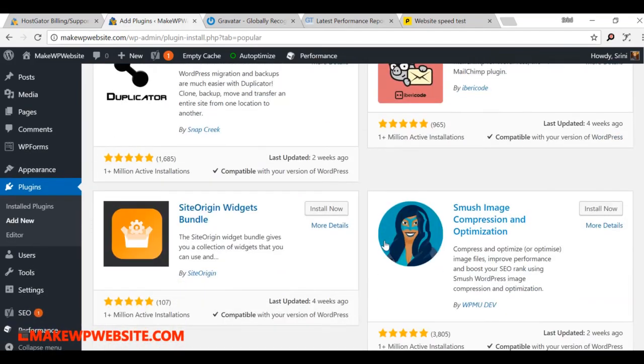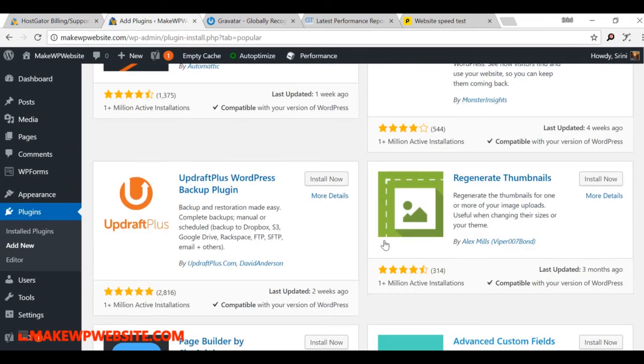Then there's one backup, WordPress backup plugin. I want to install that so that our site gets backed up. We are not going to use this. You can use it if you want to get the backup on Dropbox. You remember when we purchased this plan, we got the backup, CodeGuard, for free. It means our site gets backed up automatically. So we don't have to use this plugin. But if you go ahead and read all the blogs out there, they'll tell you to install it so that you have a regular backup of your websites. We don't need that because CodeGuard comes free with our WordPress hosting and it automatically backs up our site. So we don't need this plugin.